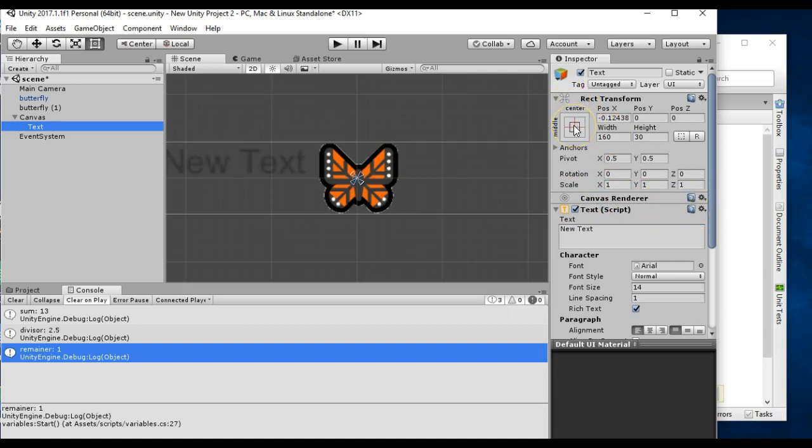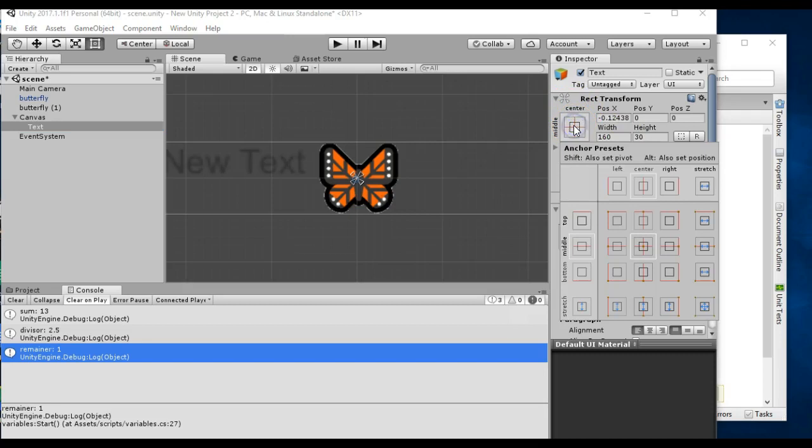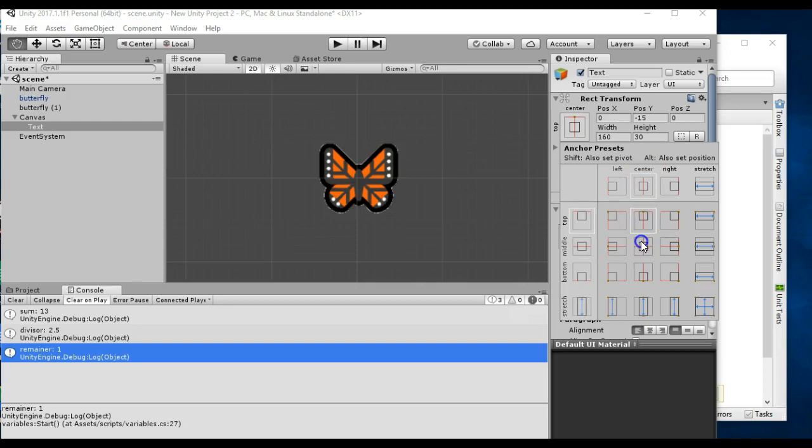So if you click here, it gives you some anchor presets, which are sort of fun. And if you see here, Alt will help. So if you hold down Alt and you click on one of these, it will pop the text into that location. So we're not seeing it because it's too high up there. So it's top middle there. This is middle. Middle of the game. Side middle. Let's just leave it on top middle. You can also, if you need to fine tune it, put in your own numbers for the transform and